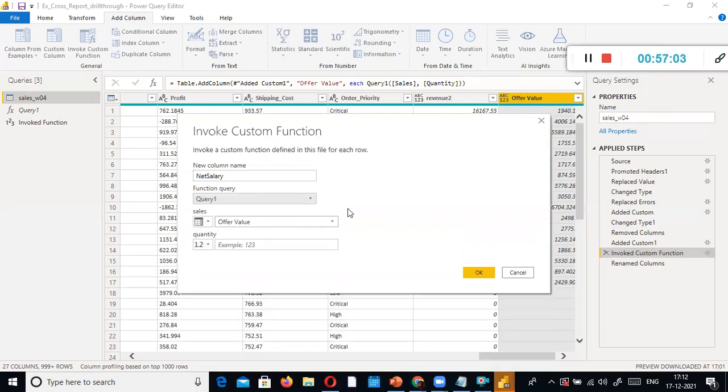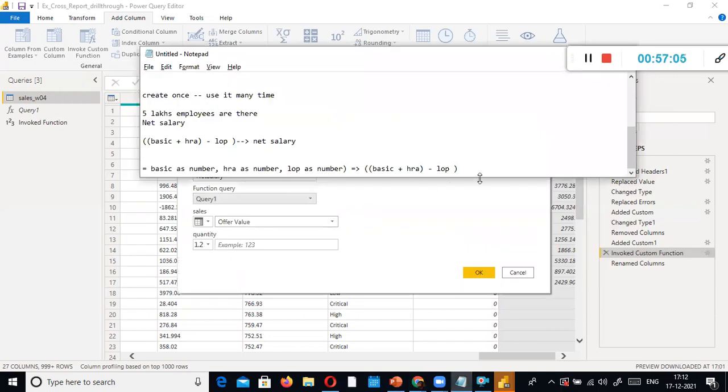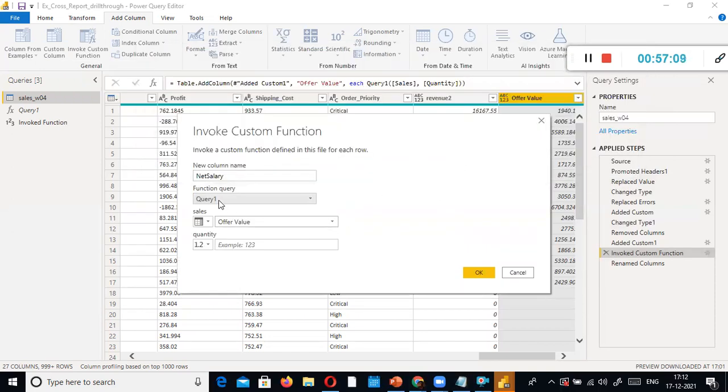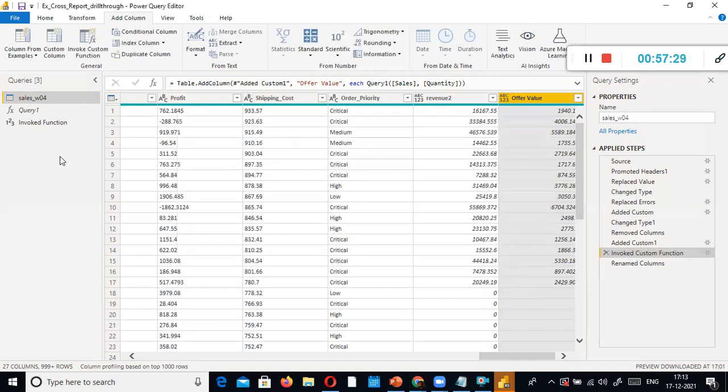So in plain language, we need to use this formula for each and every employee to compute the net salary. That's it. One-time job, right? You just specify the new column name, some meaningful name, net salary. And then here, which formula you want to use? This is what I created here.